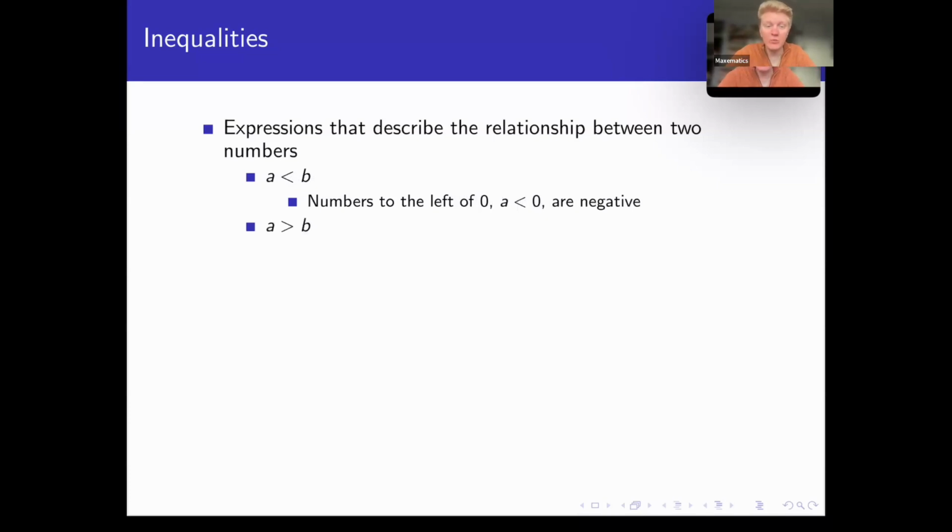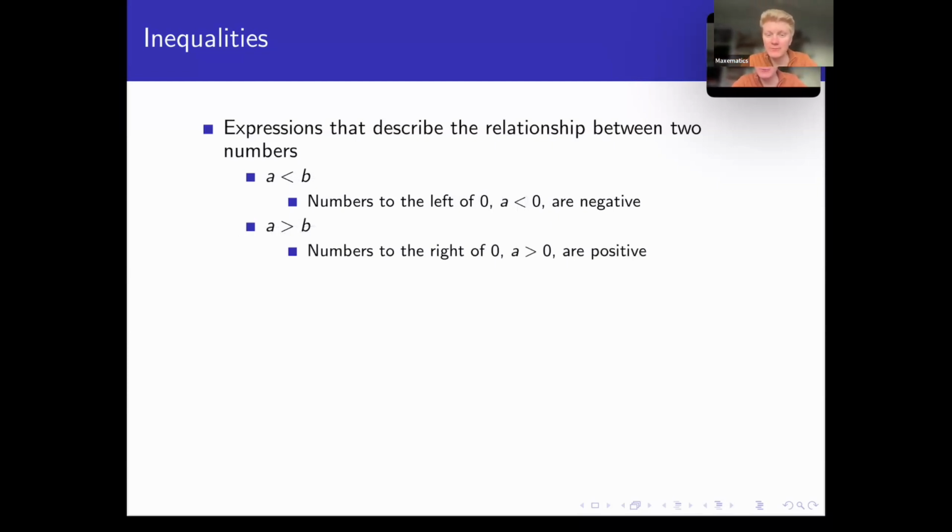And similarly, we have A is greater than B. All the numbers to the right of B, right? This arrow points to the right. All the numbers to the right of B, or we say A is greater than B. 3 is greater than 2. All the numbers to the right of 0, all the numbers that are A is greater than 0, we say